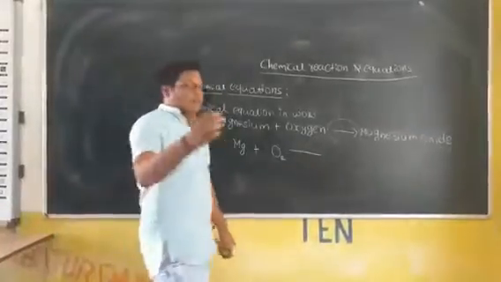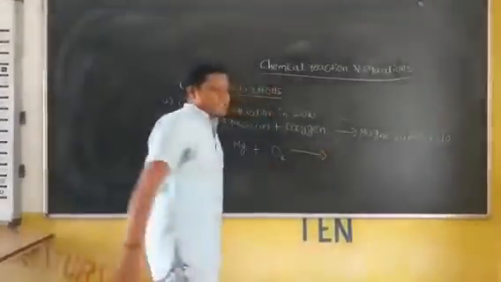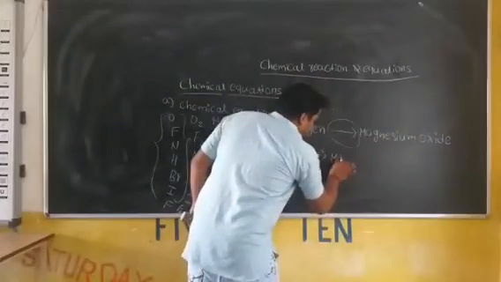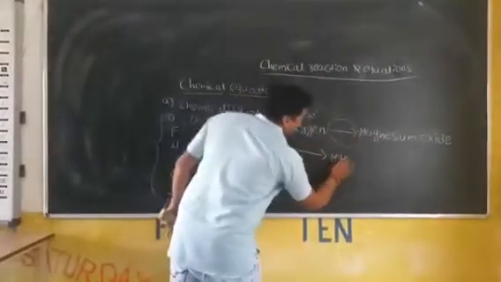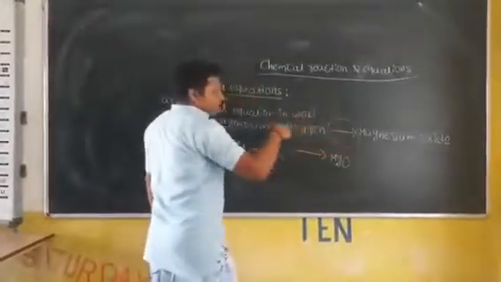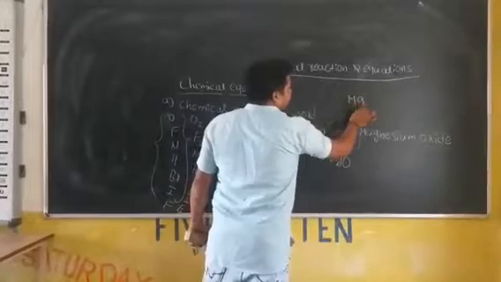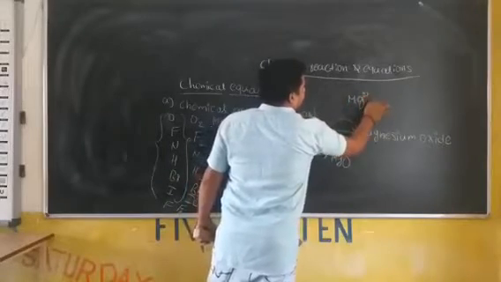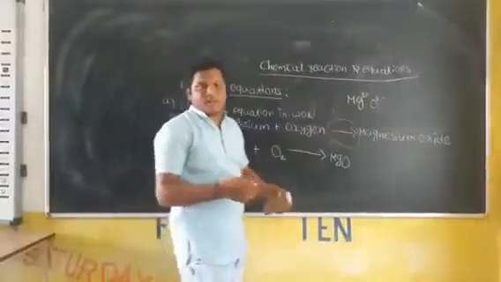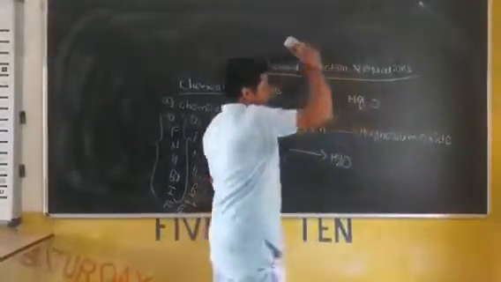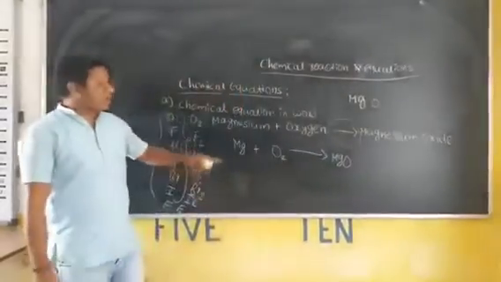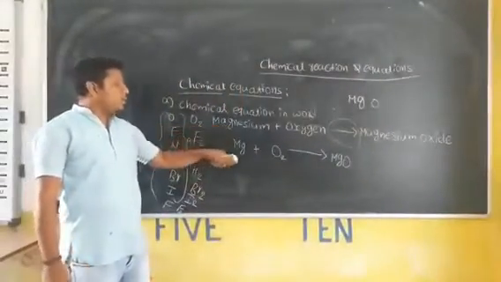I think you all have your valency chart. Then write magnesium: Mg. Oxide means oxygen. Now write your valencies. What is the valency? Mg is 2 plus and O is 2 minus. Both have the same magnitude, hence the charges become neutral, and it becomes MgO. This is the conversion from word equation to formula.